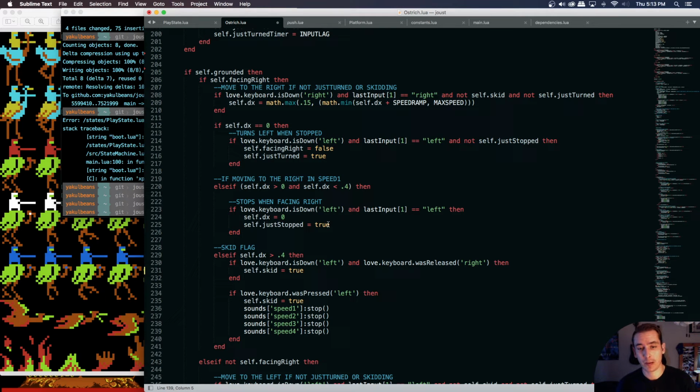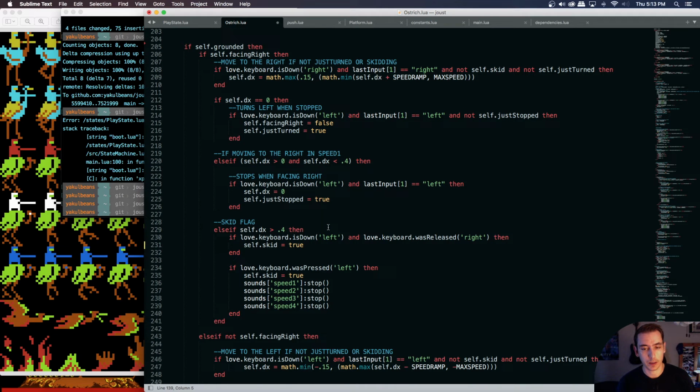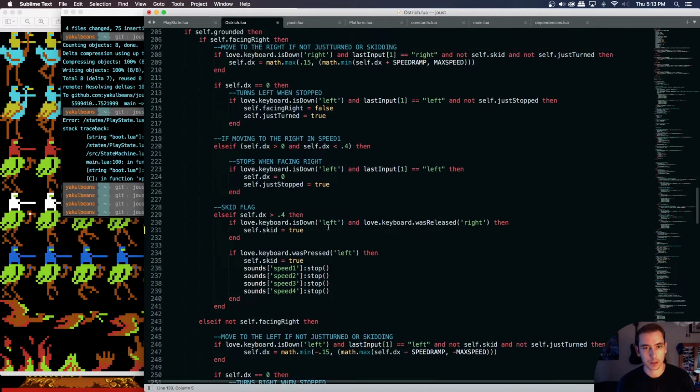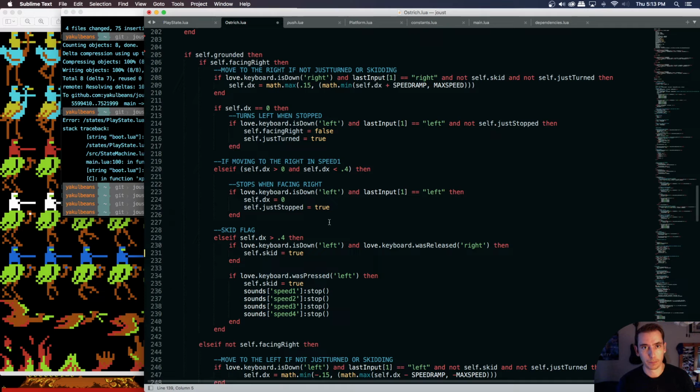I'm not sure what will happen if there's an input press and our dx is exactly 0.4. I don't think anything will happen because this logic is saying if we're going less than the speed 1 threshold, but not equal to, and then if we're going greater than the speed threshold,